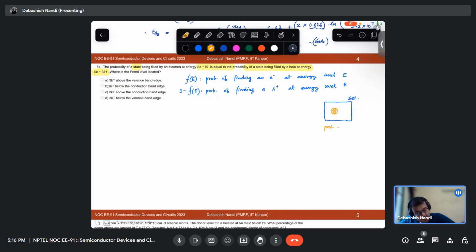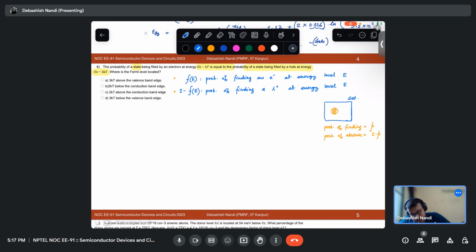Probability of finding is, let's say, small p. So what would be the probability of absence? It is nothing but 1 minus p, right? Because there are no two other states. Either it is there or it is not there. So absence of electron means presence of holes. Whoever has answered has correctly pointed out that it would be this. If you know this much, then the rest of the problem is very easy.